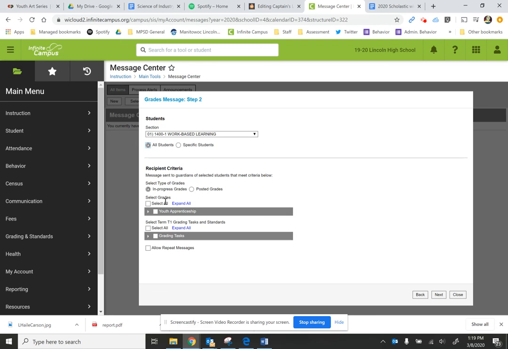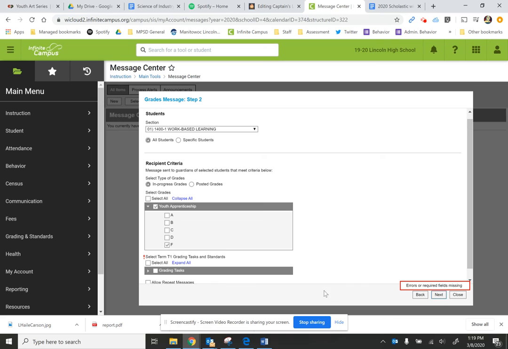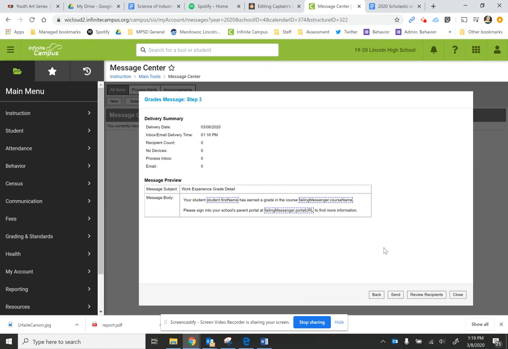In progress grade, posted grades. So I'd want to select the grade that I want to send. So maybe I just want to send the Fs. And then if I click next, I've got a couple other fields that I have to go through. Grading tasks. Okay. Now that message is going to go out when I go to review recipients and or send. So you're going to want to make sure you